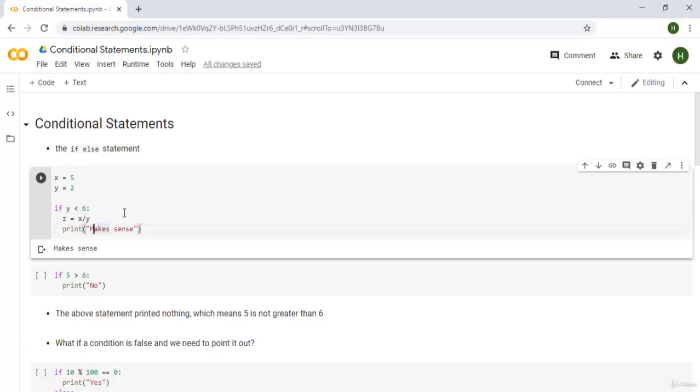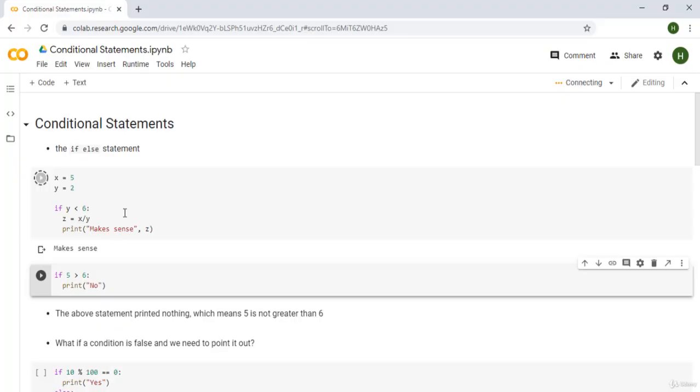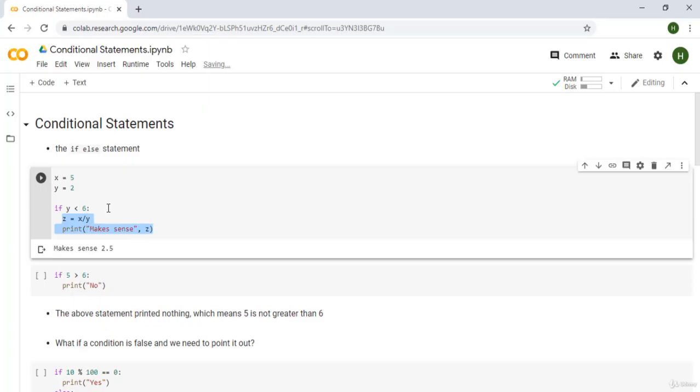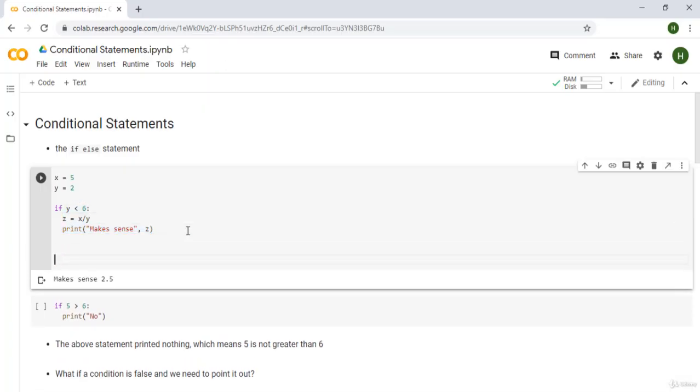So we know that makes sense, and then we're going to output z, and let's see. So what we've done, we've just added another additional statement, and we're going to check this. And so okay, the answer is 2.5, which is correct. So we have added an additional conditional statement which ensures that we run these particular statements if this condition is true. But let's just say we extend the code so that you get a better sense of how the statements